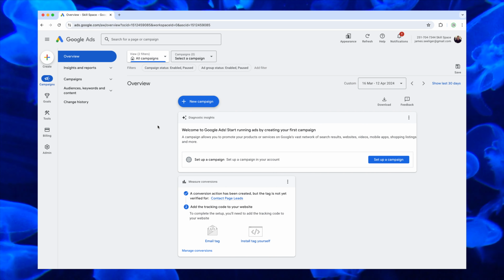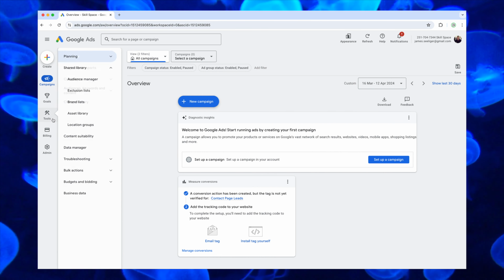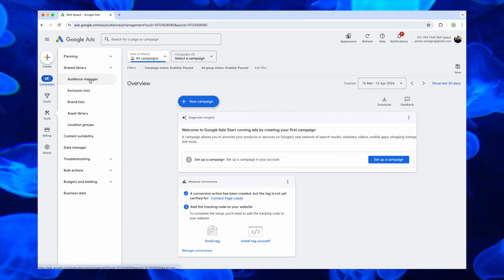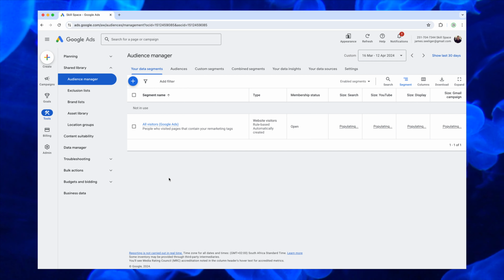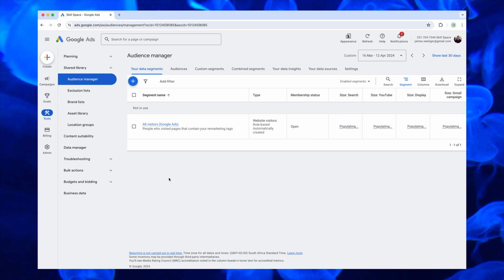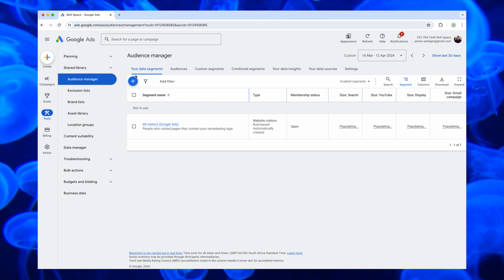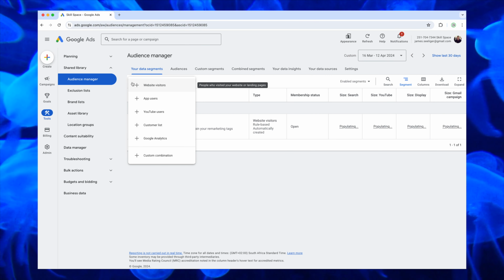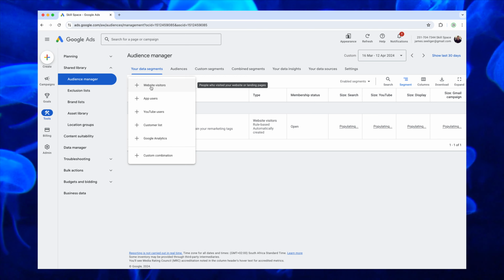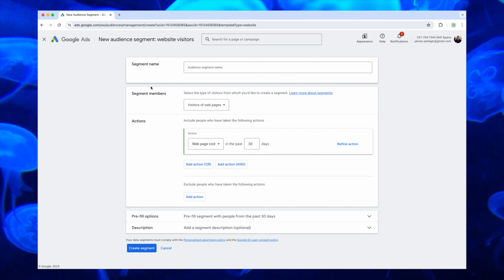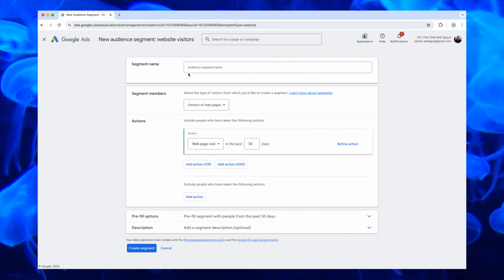To do this, click on Tools, Shared Library, and then Audience Manager. We can see that there is an automatically created audience, but we will create an additional one. Select the plus button, select Website Visitors, name your audience,